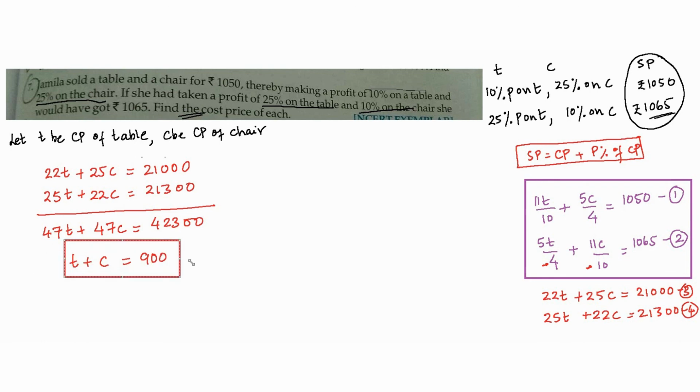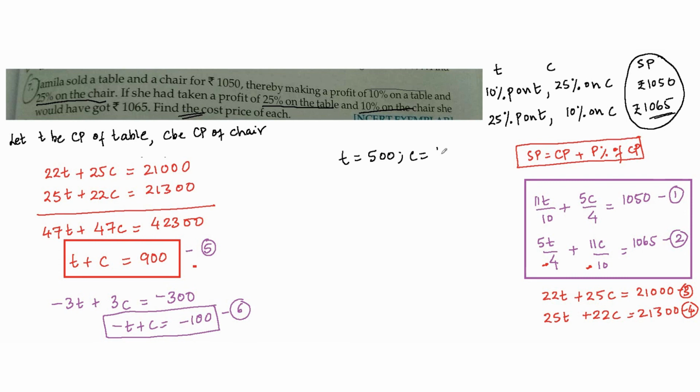I was again able to use this strategy because the coefficients were swapped in this particular equation. And let's subtract the two equations. So 22t minus 25t will be minus 3t, and 25c minus 22c will be 3c is equal to negative 300, which means minus t plus c is minus 100. So now if you solve for t and c, you can use equations 5 and 6 to solve for t and c. I will get t is 500 and c is equal to 400,